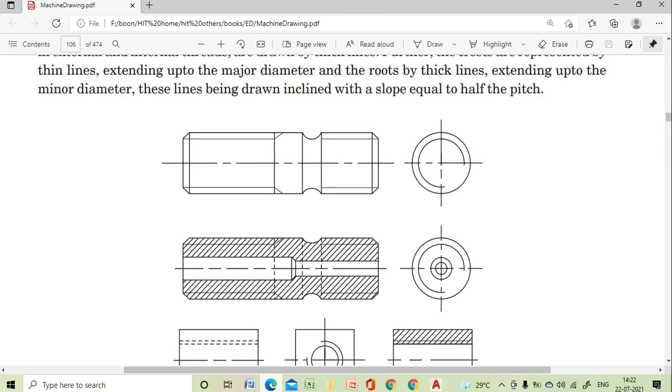This is the symbol. In case of external threads, this is the distance between the two crests, so that is the major dia. Now this major dia will be shown with the help of a full circular thick line, okay, and the minor dia, this is the distance between the roots, so the minor dia will be shown in this way, okay. So this is the symbol of an external thread.